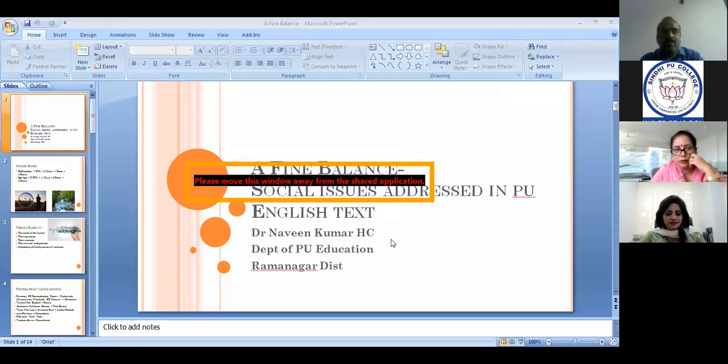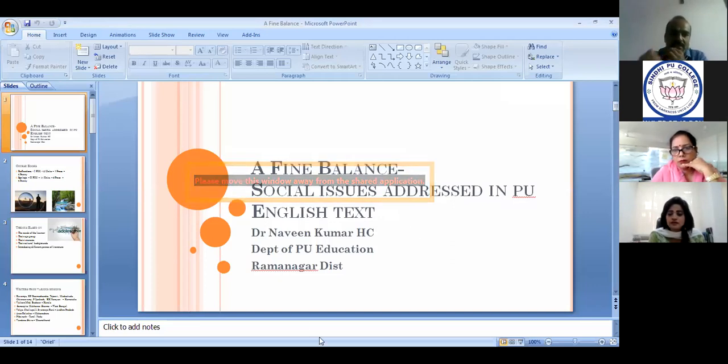Yes, now it's clear. Okay, so you have got two parts in both first PUC English and second PUC English. That is, one is text, another is workbook. What happens in a textbook, I am going to deal with today. But what I am not dealing with today is the language part, which is dealt in English syllabus. Main thing here is